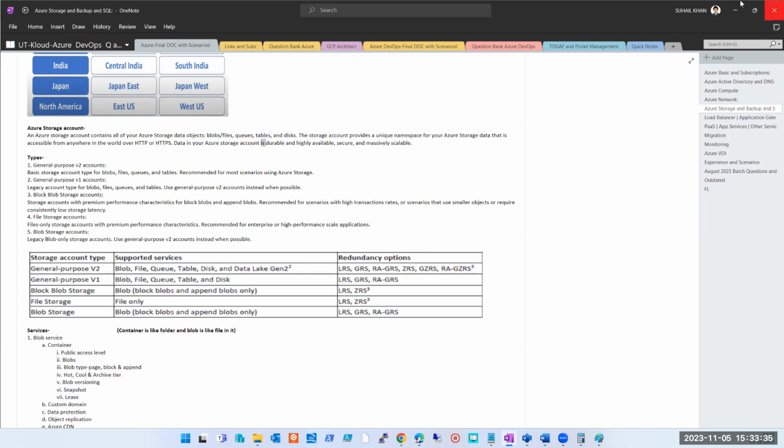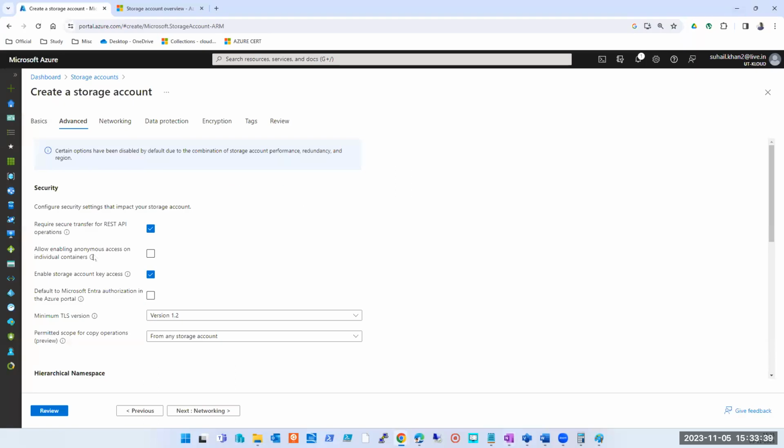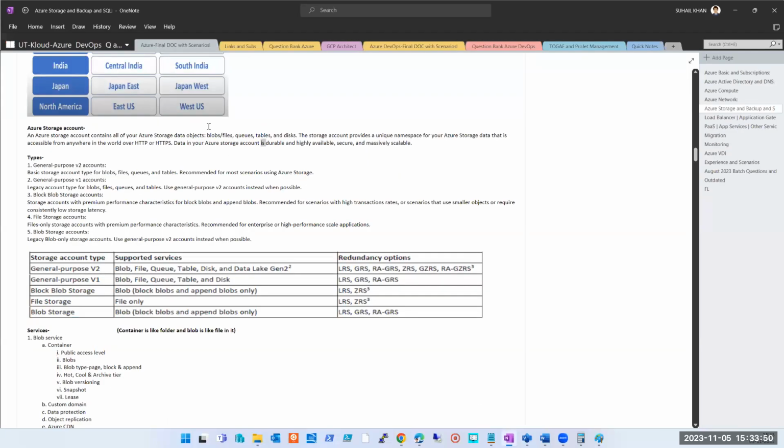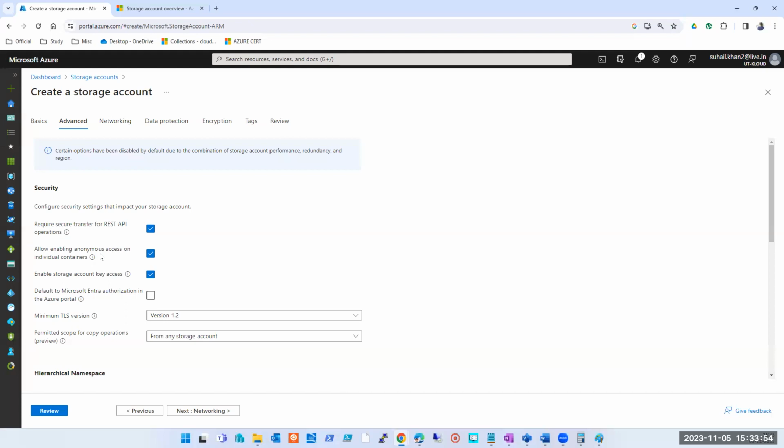So specifically we are talking about containers. Just because I check or uncheck this, it is not impacting my other components like file share, queue, and table. We are not talking about that. Only container. So should the container be publicly accessible or not?